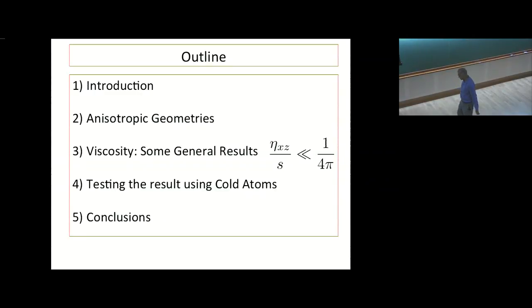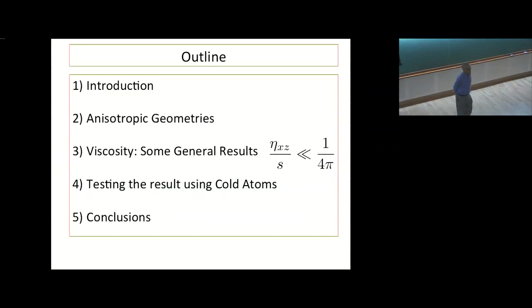As you all know, in the isotropic case, if you have a system with a smooth gravitational dual, then the viscosity satisfies this famous result that eta over s equals 1 over 4 pi. But in anisotropic systems, quite generally, as you'll see, some components of the viscosity in units of the entropy density can become very much smaller than 1 over 4 pi, parametrically smaller than 1 over 4 pi. And in fact, this will turn out to be a very general result that we will be able to derive from gravity. Now, since it's such a general result that comes out of gravity, it prompts us to ask the question, can it possibly be observed in nature?